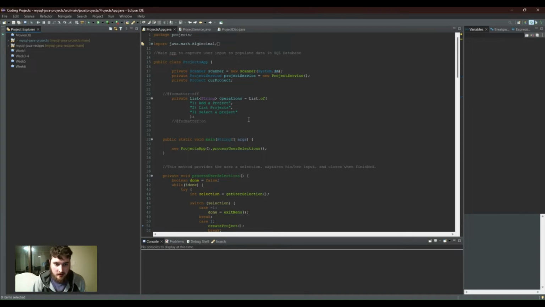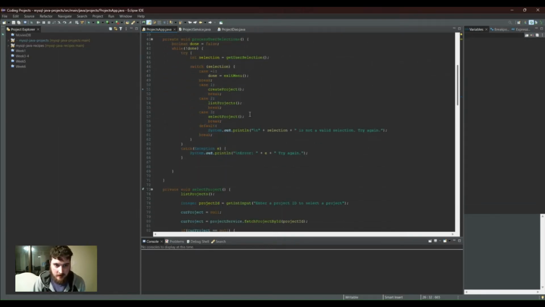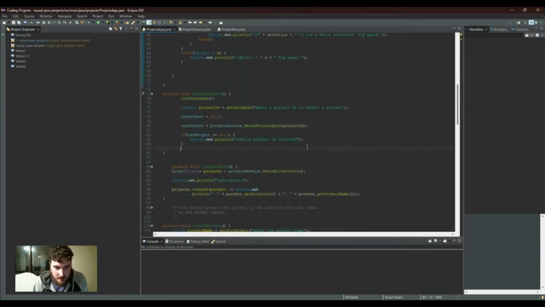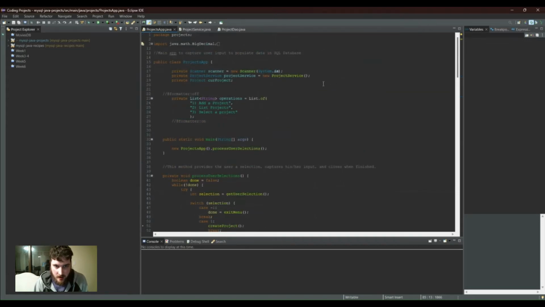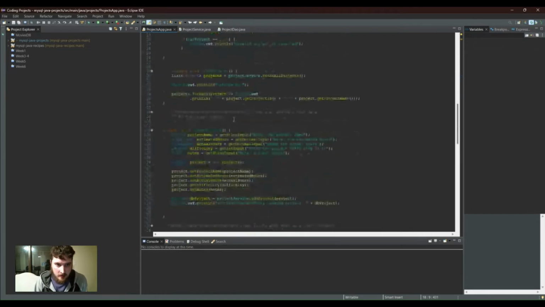So what we did here this week was we added two more options. We had list projects and select project. So a lot of stuff to get done here. So I added it in the case statement. So you had select projects here. So we did have to add here project. And also I had this as a method last time. It did not work. So I had to restructure things to use it as, so we have list projects and then we have,